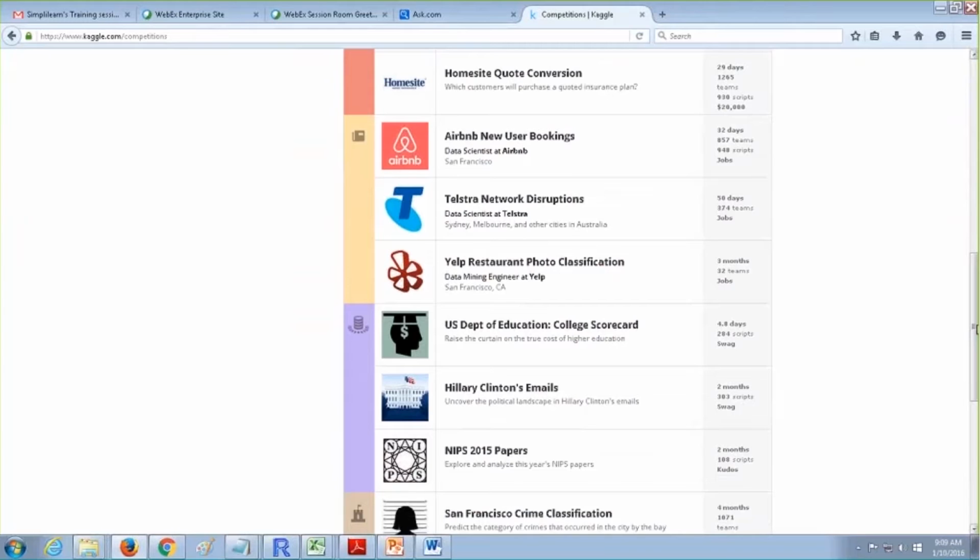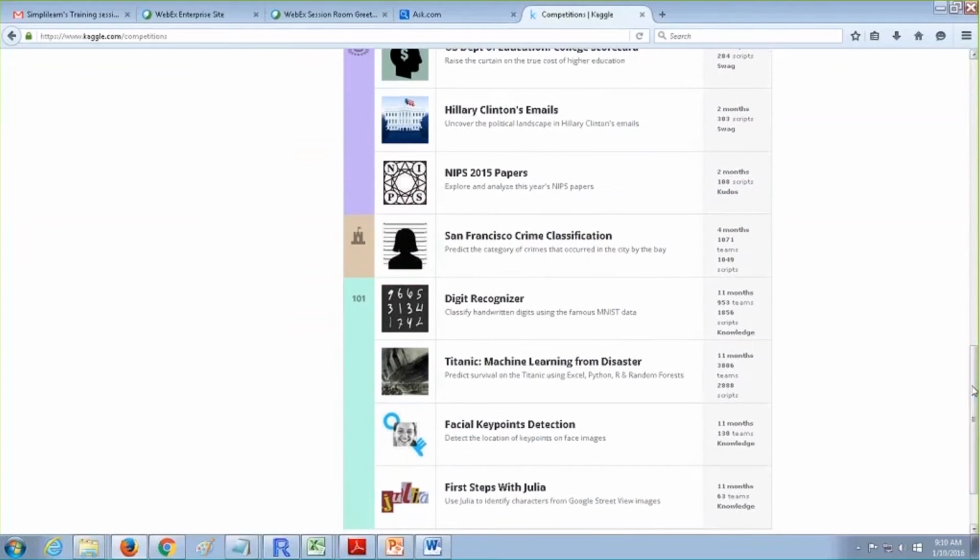If you are not getting any proper data set, what I could suggest is get into the site, look at the domain you are interested in, take up that project and enroll yourself, so that they provide you access to the data set. Even if you are not able to solve it, after the competition people give their answers as well. So this is a good community where you can learn a lot of things.